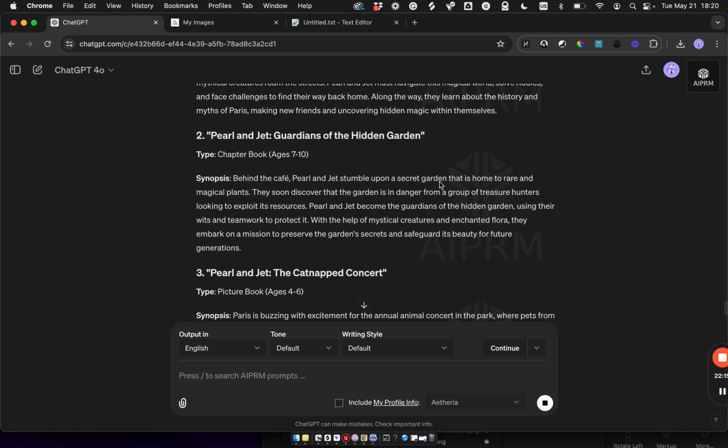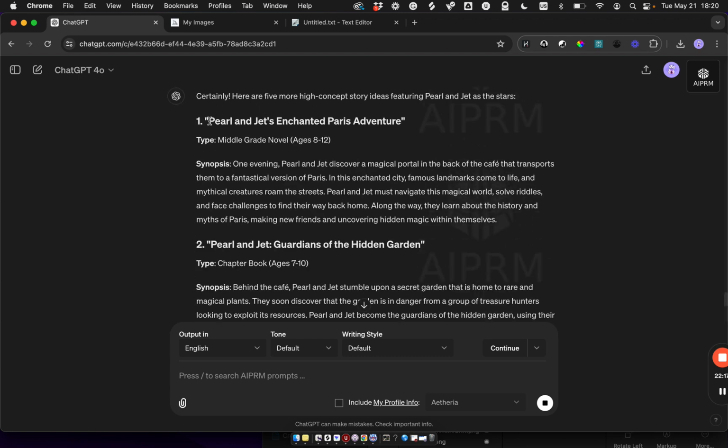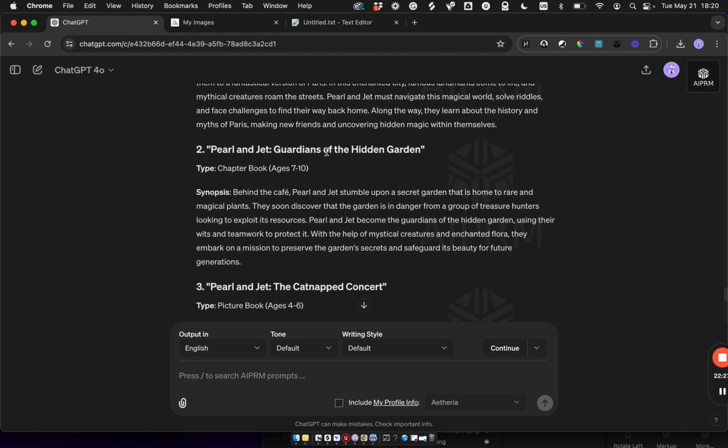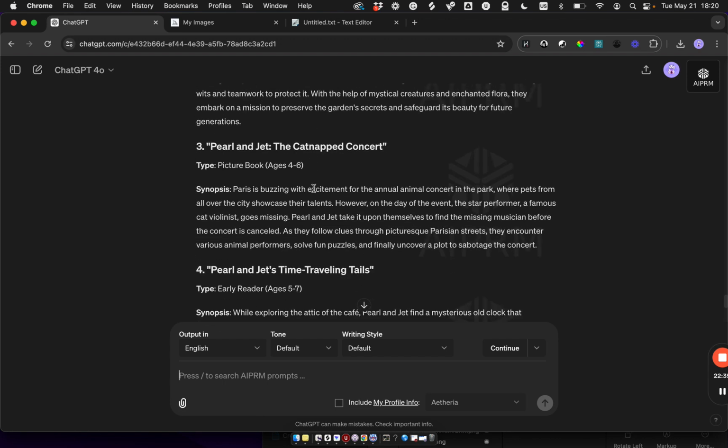Alright, so some of these are not going to be usable. This one says Pearl and Jet's enchanted Paris adventure, and they discover a magical portal in the back of the cafe. I don't think that really works. Guardians of the Hidden Garden. Pearl and Jet stumble upon a secret garden that is home to rare and magical plants. Okay, that's probably not going to work, so I'm going to ask